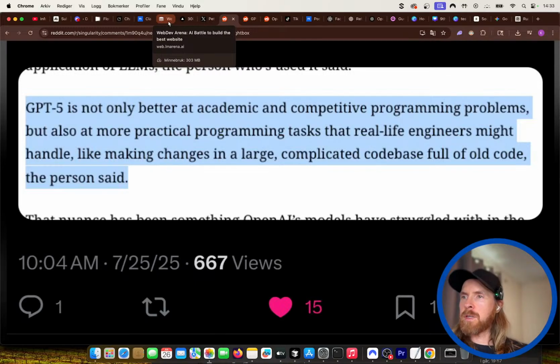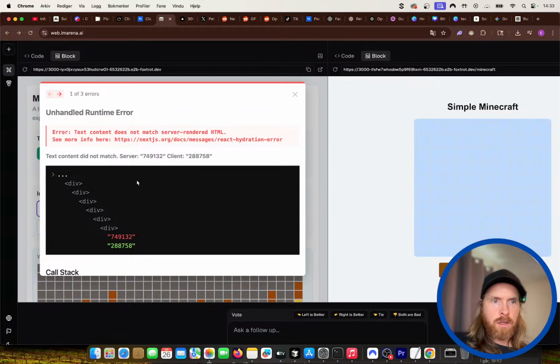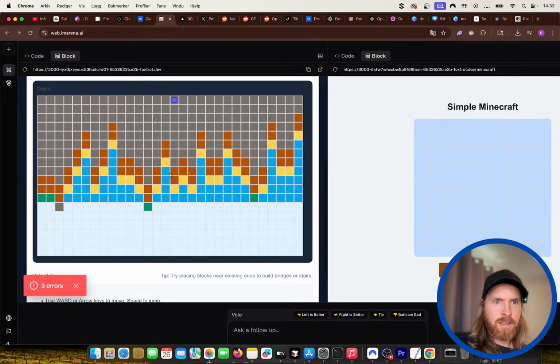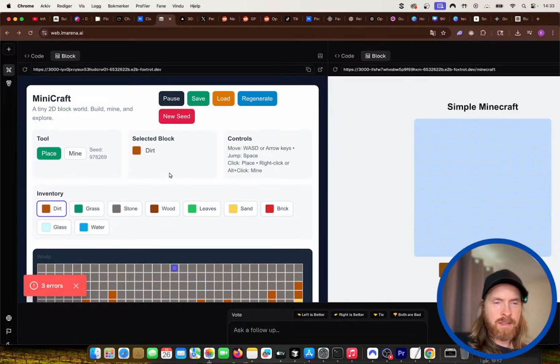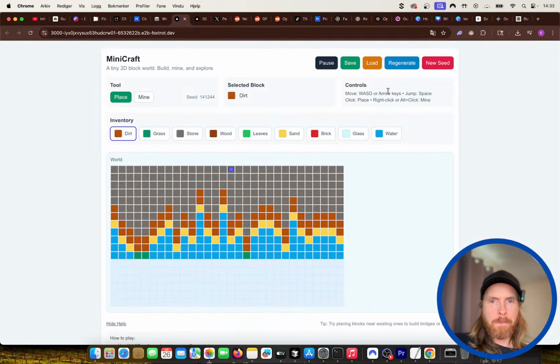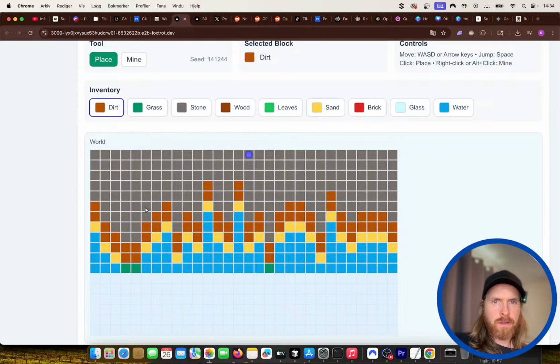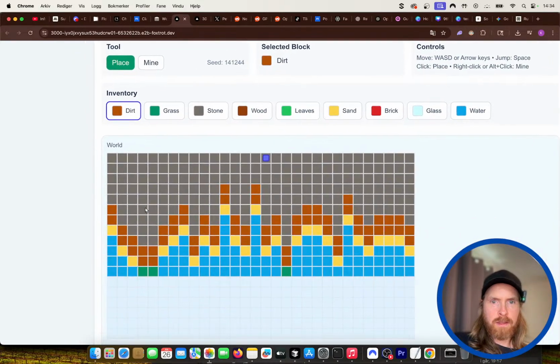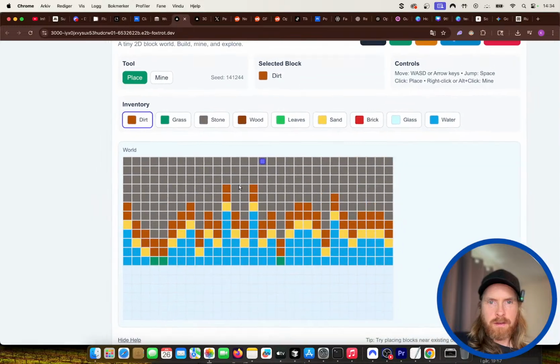Okay, so left one. Yeah, I don't think this one was the best. What is this? How do I use it? Yeah, I think this was very bad.